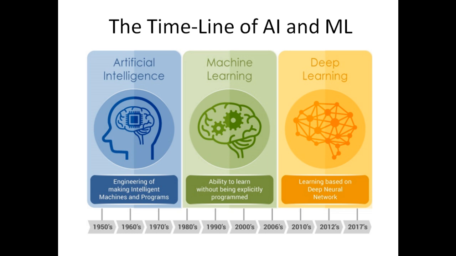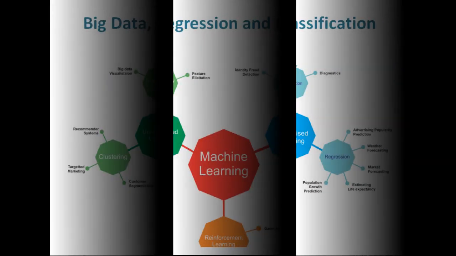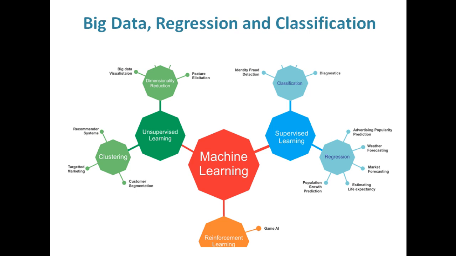But however, with the development of all of these technologies, somewhere around 2012, we had the emergence of deep neural networks and deep learning. So basically, this is the timeline of artificial intelligence, just trying to understand how far it has come and where it's going. We have big data, regression and classification, machine learning. We've already discussed these things.